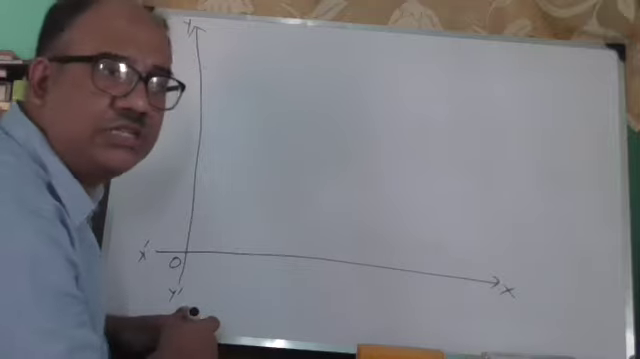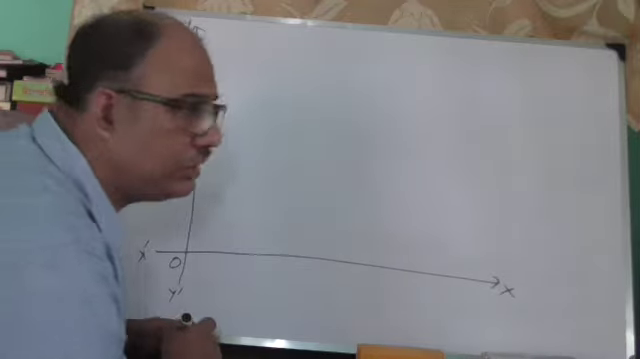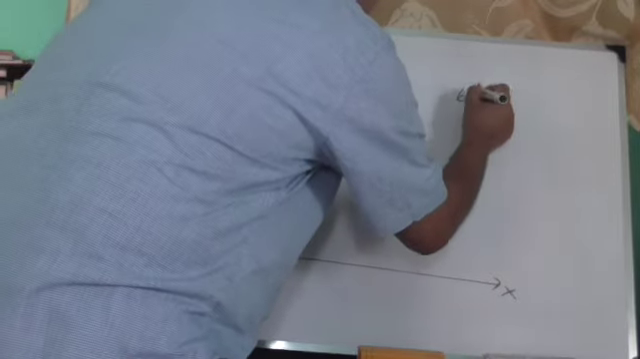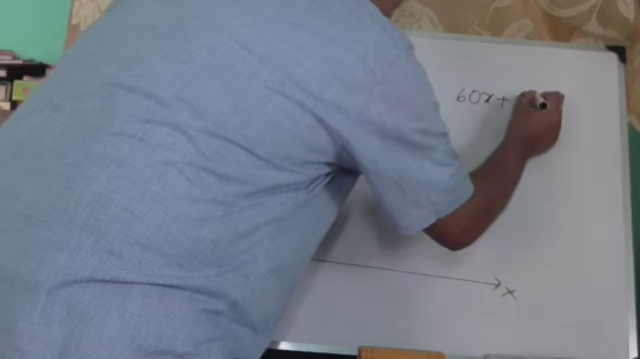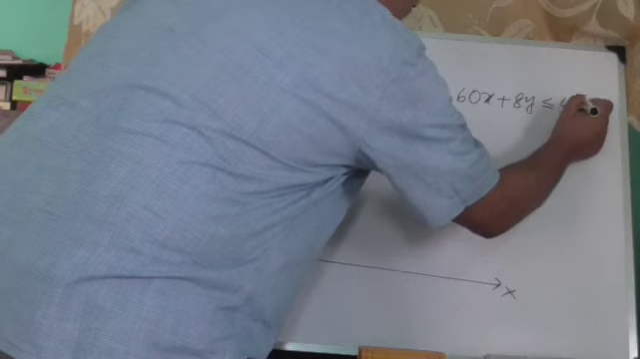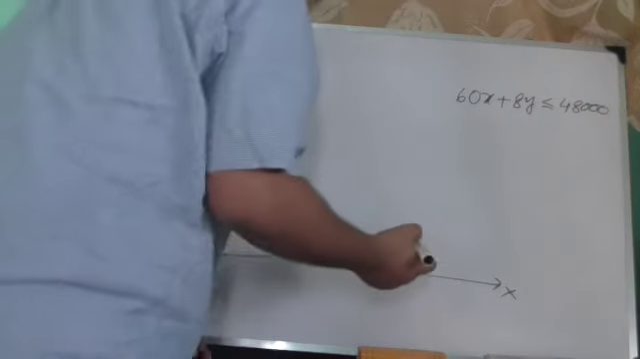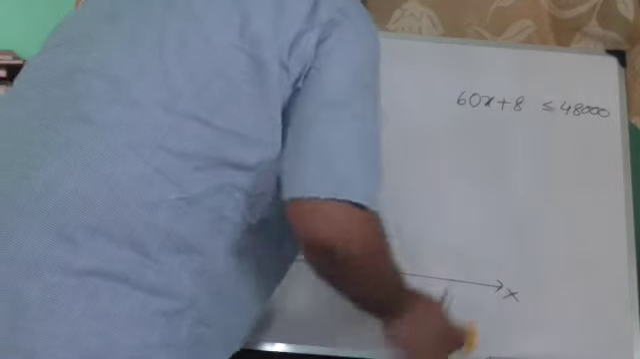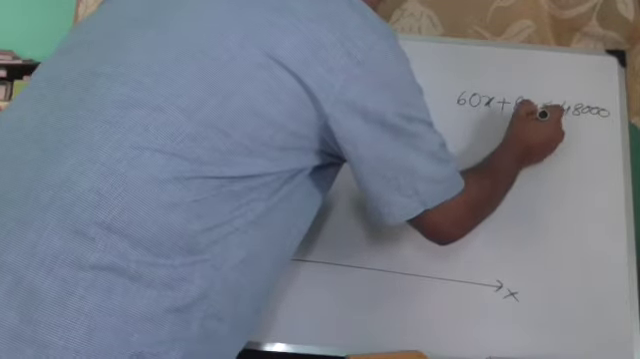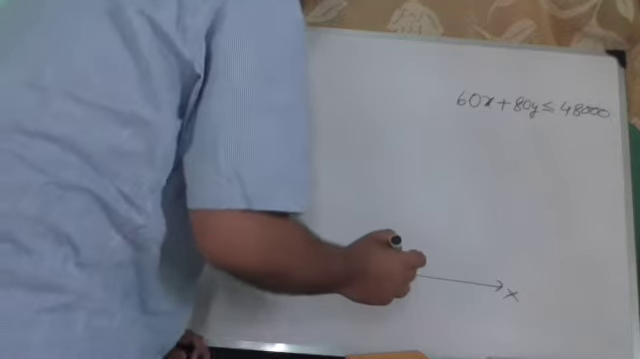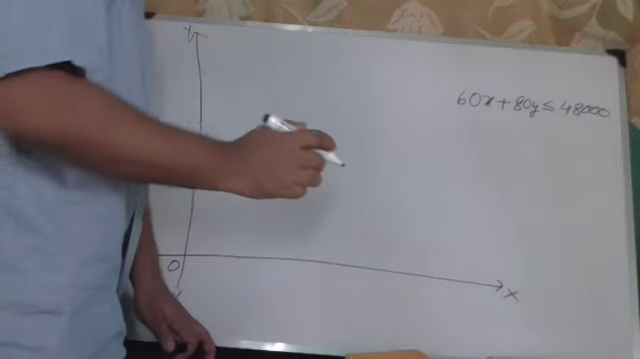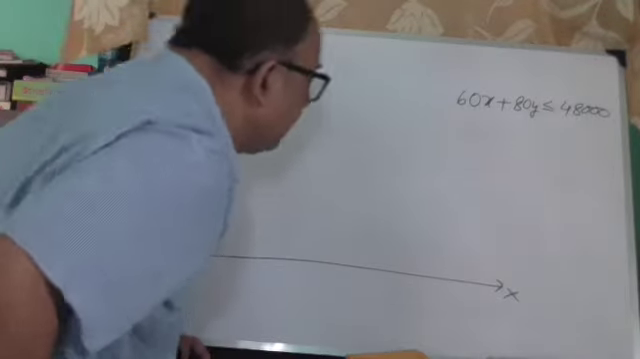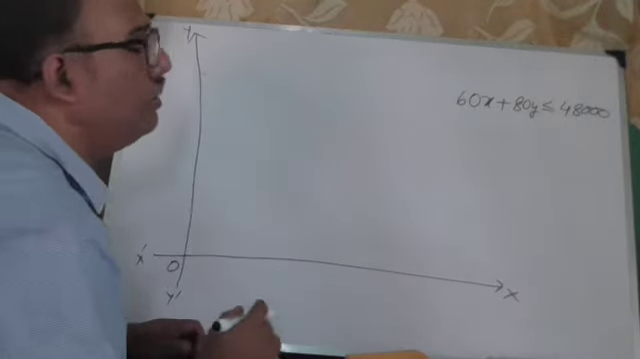So first we will start with the constraints. The first constraint was 60x plus 80y is less than or equal to 48,000. Sorry, it's 80y. So 60x plus 80y is less than or equal to 48,000. The first thing we will do is try to draw the corresponding equivalent straight line for that. To draw that, we will use the